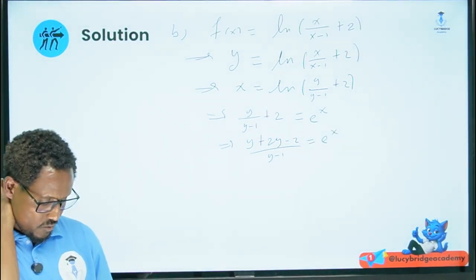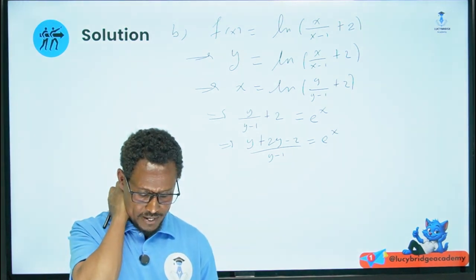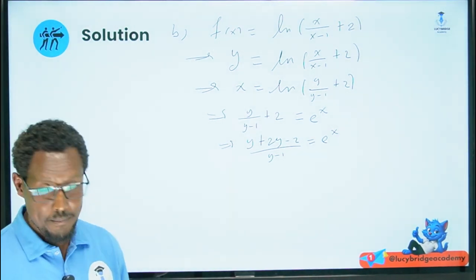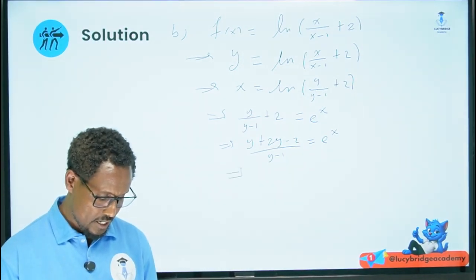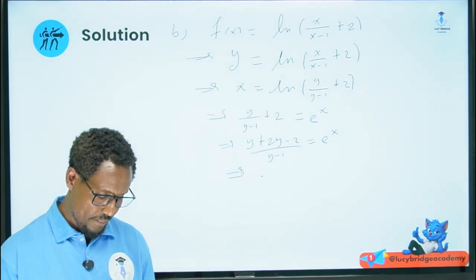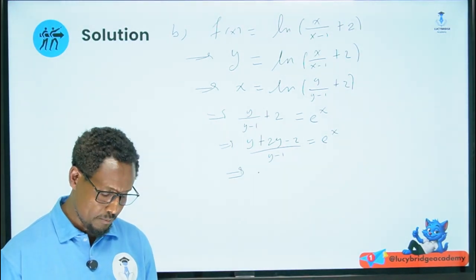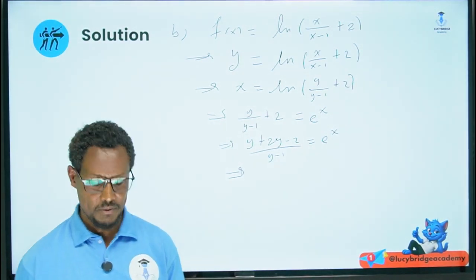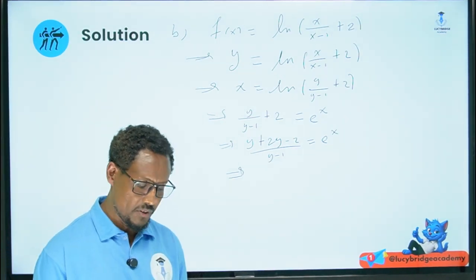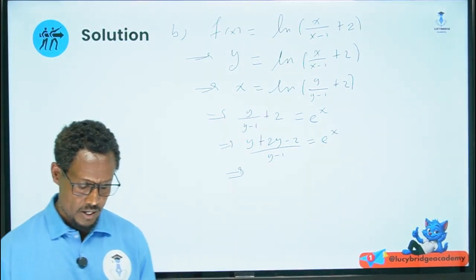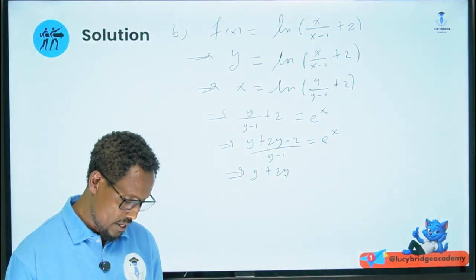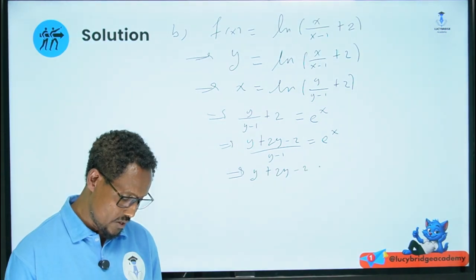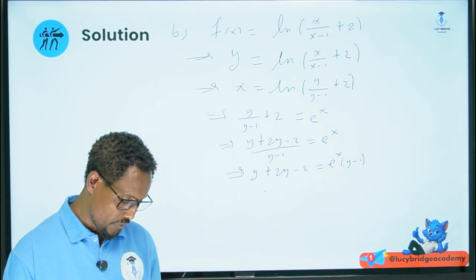Adding y over y minus 1 with 2, this implies that we multiply both sides by y minus 1, provided that y should be different from 0, and here x should be different from 1. Now y plus 2y minus 2 is equal to e the power of x times y minus 1, which means